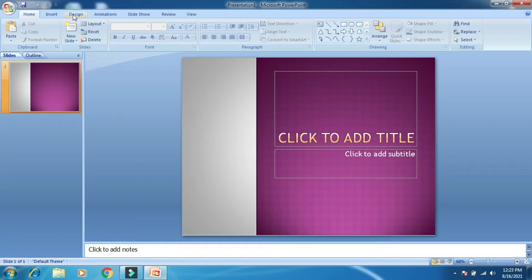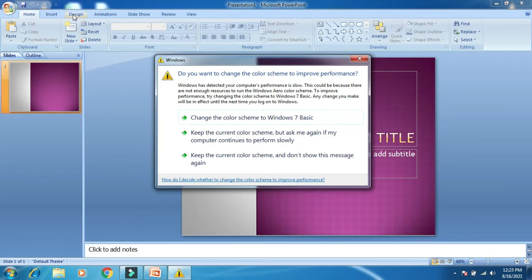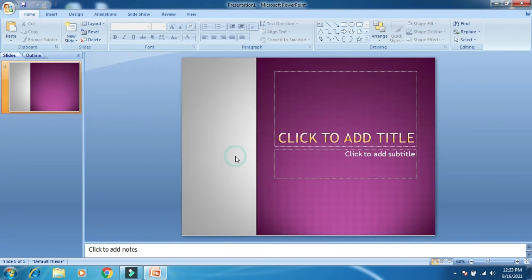Not only that, Slide Master sets the default layout and formatting for all the slides. It actually controls the entire presentation. Any changes made in the Slide Master page will automatically reflect on every slide in the presentation.